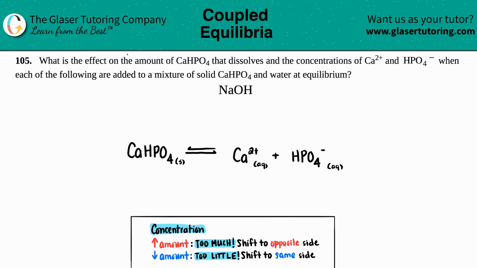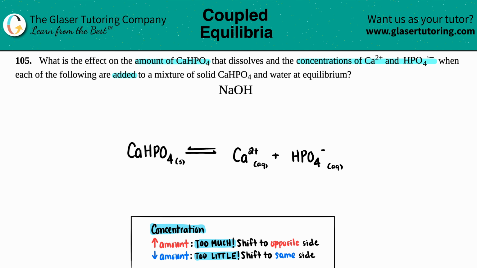105. What is the effect on the amount of CaHPO4 that dissolves and the concentrations of Ca2+ and HPO4 2- when each of the following are added to a mixture of solid CaHPO4 and water at equilibrium? And then we have NaOH. So in this case, we have to figure out what's going on with CaHPO4 and the calcium ion, Ca2+, and